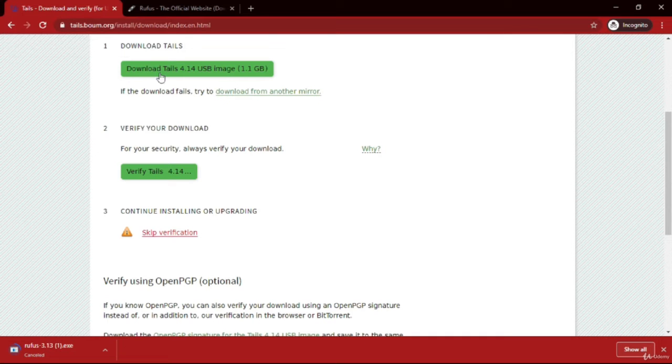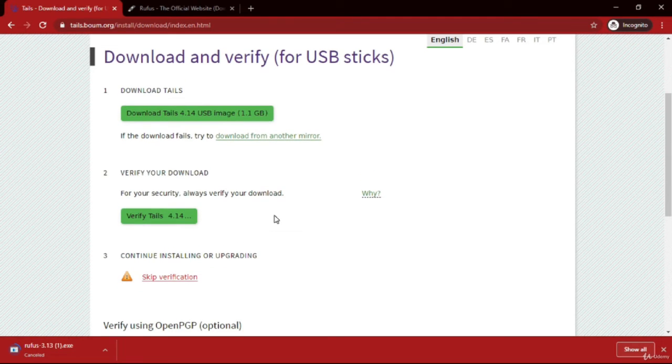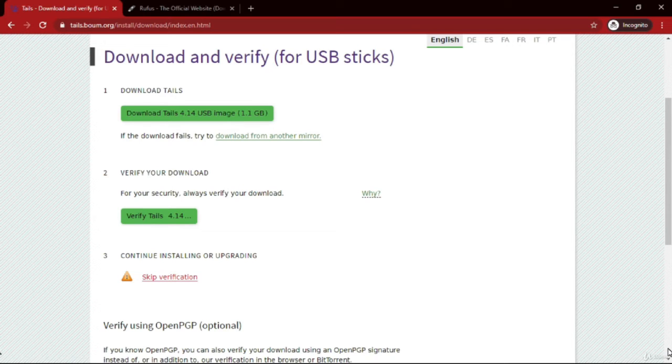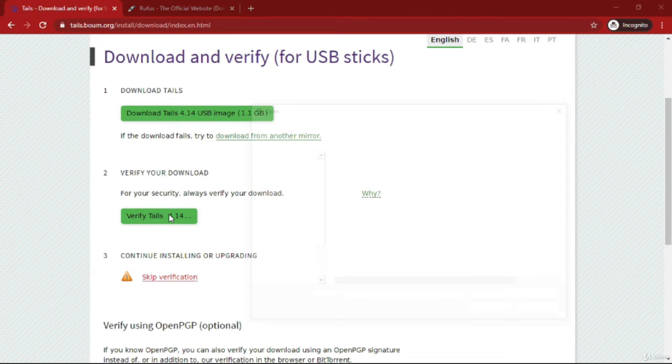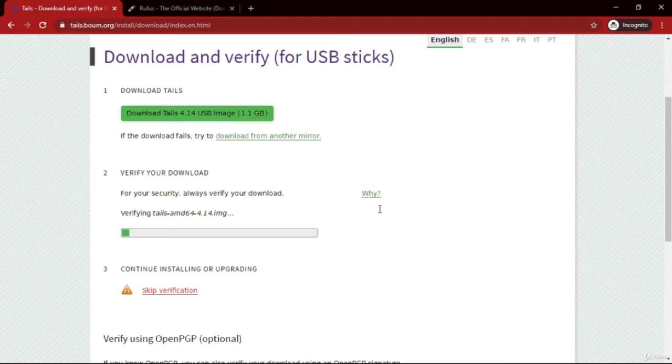When you have downloaded your Tails disk file, the .iso or .img file, you'll have to verify your download, because sometimes, not the majority of the times, there are chances that you have downloaded a corrupted version. So it's better to verify that. See, I have downloaded Tails AMD64. I'll just click on it and the website will verify if it's corrupted or something. So better safe than sorry. It's being verified. After verification, we'll boot Tails onto our pen drive, right?